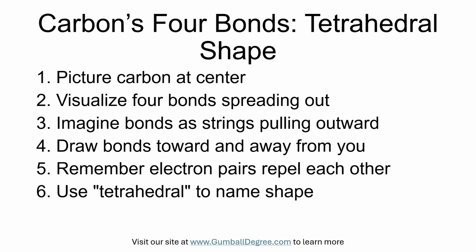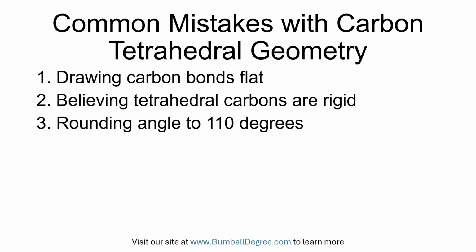affect how they behave. A common mistake is picturing carbon bonds on a flat page like a plus sign, which hides the three-dimensional nature and can lead to wrong ideas about molecular shape. A quick fix is to draw one bond coming out toward you and another going back away from you to show depth. Another error is thinking all tetrahedral molecules are rigid and cannot change shape, but they can rotate around